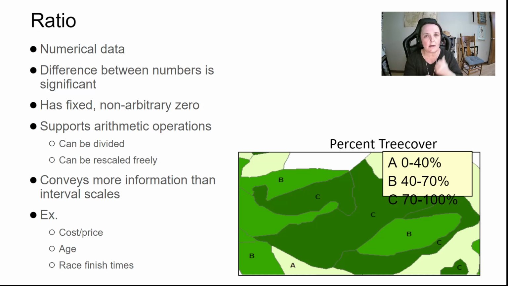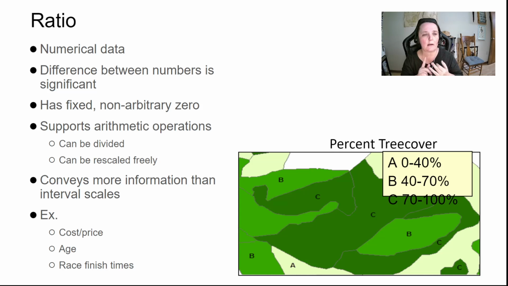So ratio data is numerical. The difference between the numbers is significant, and it has an actual zero, right? So, for example, percentage data has a zero, and you can't have negative percent of something, right? You can't have negative percent tree cover. You could have negative growth. There are certain things where you might be able to say you could have negative percent data, but in general,